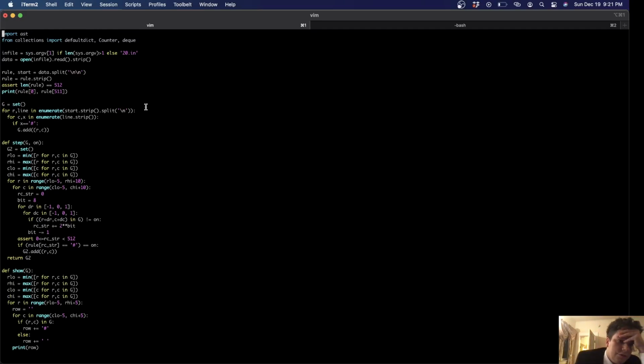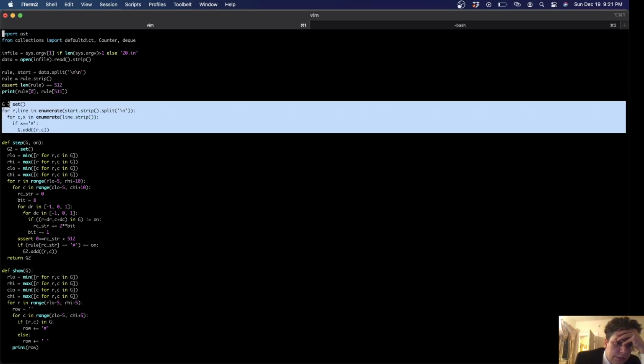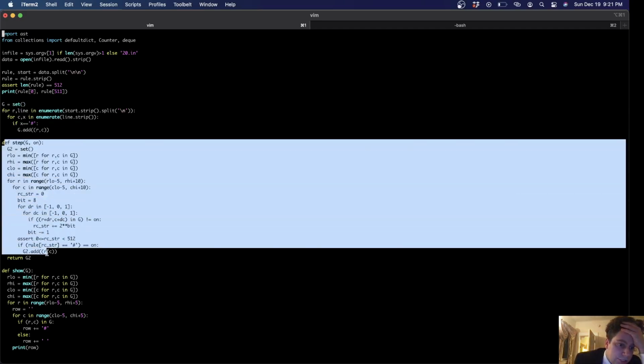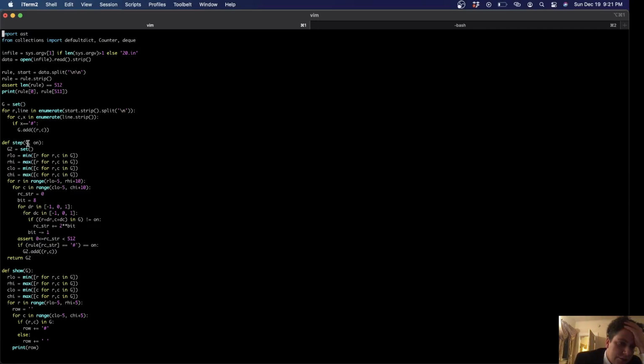So, first is just reading in the data. So get a rule string, get the initial state of the grid. I decided to represent those pixels that were on as a set. And then the heart of the code is just the step function, which takes the grid and returns the next grid. And it also takes a second parameter,